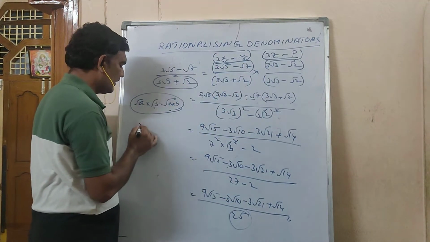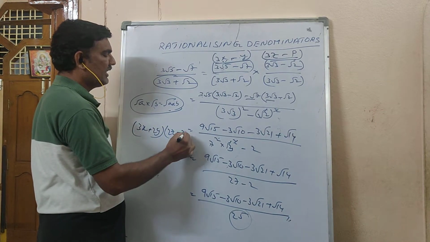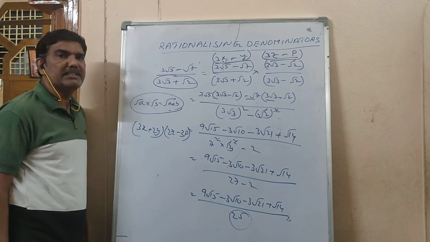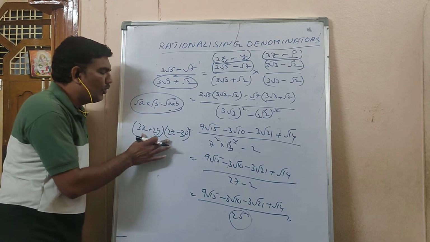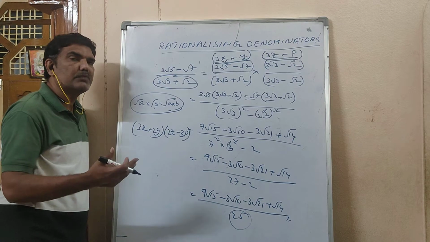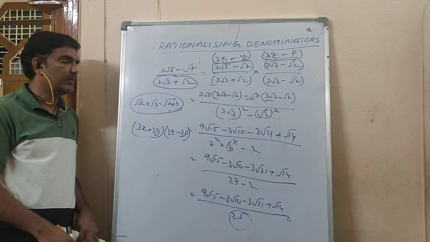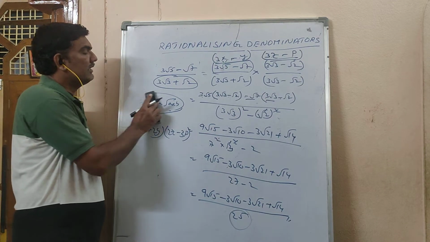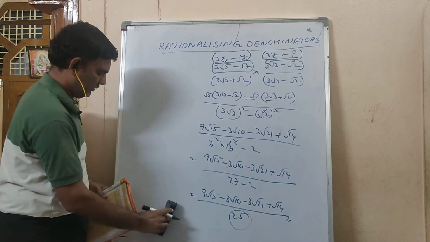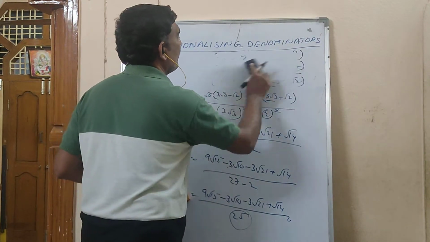Like these problems, 3x plus 2y into 2z minus 3p. If you know this, multiplication will be easy for you. If you don't know this one, these problems can't be understood by you. So for this, what you have to do is practice. Practice makes maths perfect. Okay. So you have to practice it. One more problem, last problem.